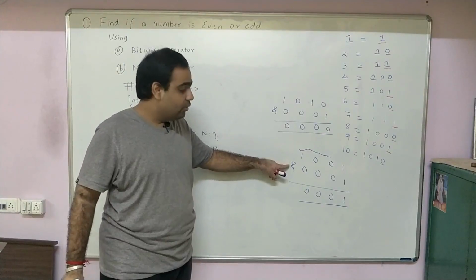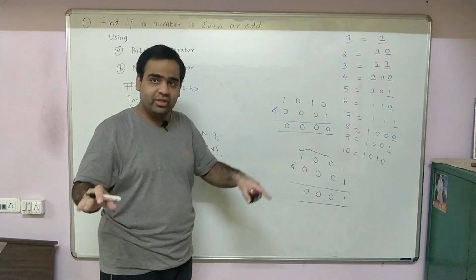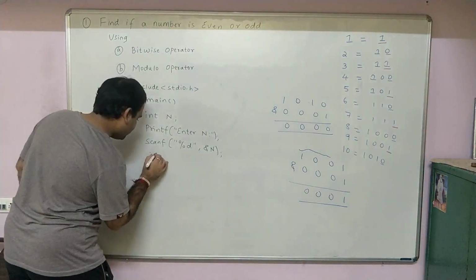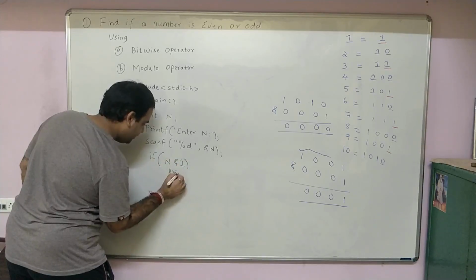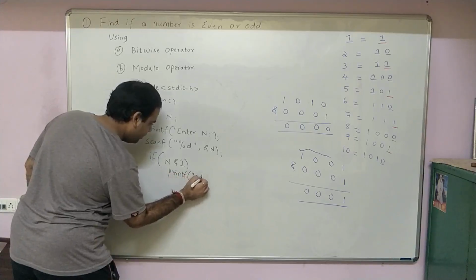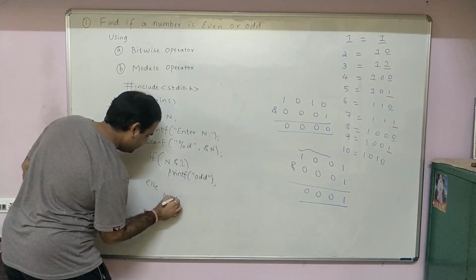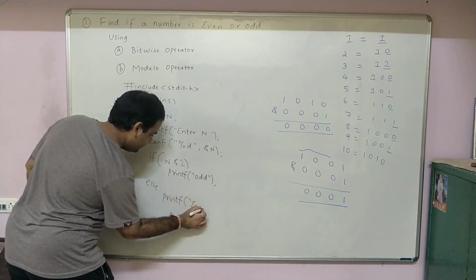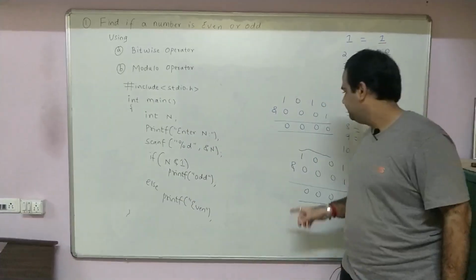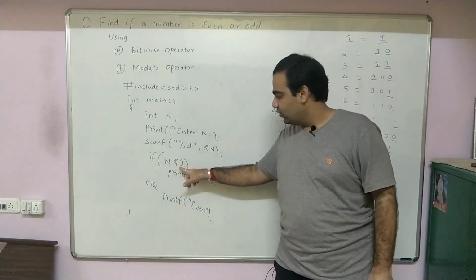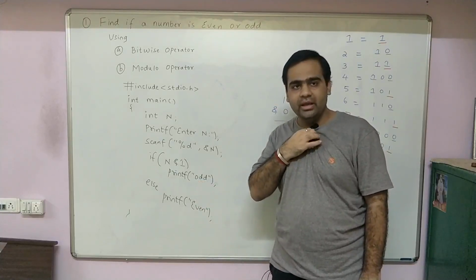Okay, now what I need to do is bitwise AND with 1 and check whether it is 1 or 0. There are 2 possibilities, two-way selection. Therefore, I need to use if-else. If we say n bitwise AND 1, then we write here printf "odd number". Else, we say printf "even number". Now see here, suppose n is 9, 9 bitwise AND 1 is 1, 1 is taken as true, therefore it prints odd, and the else body should not be executed.